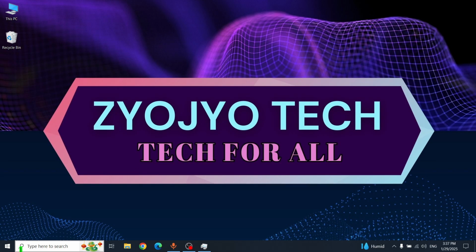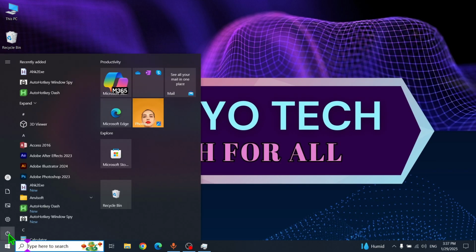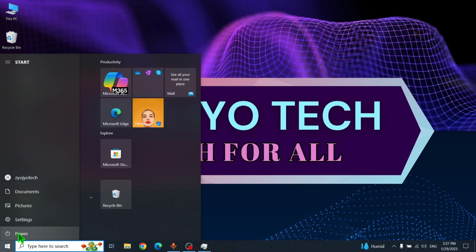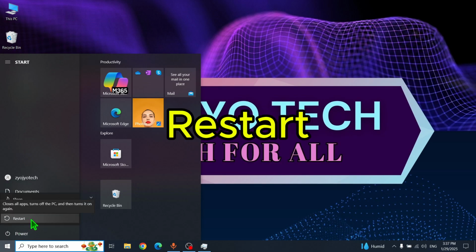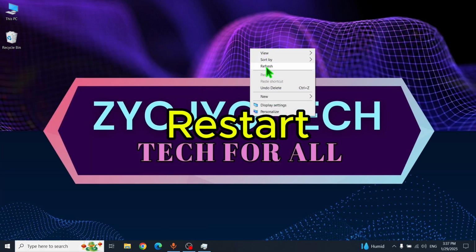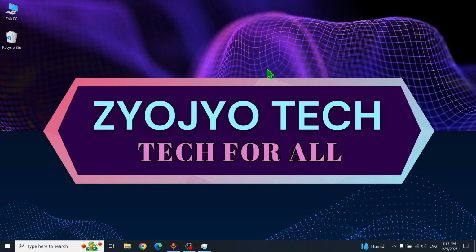If the computer hangs or is very slow, the first thing you can do is go to the Start menu, click the power button and restart your computer first. If not, then what you have to do is